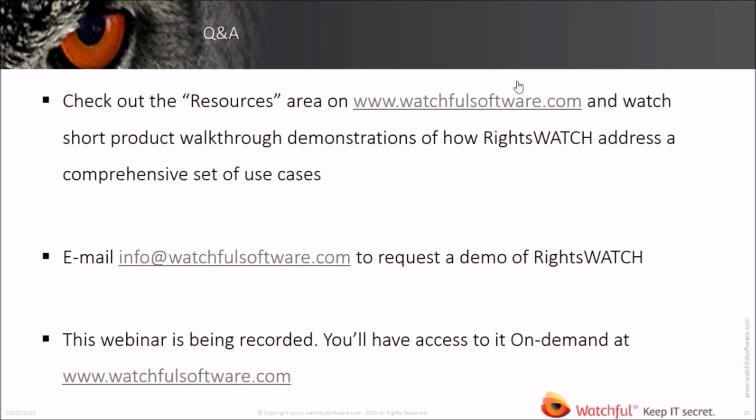So with RightsWatch on top of rights management, for iOS, Android, and even BlackBerry, you're able to read RMS protected email messages on your mobile phones, and even create RMS protected email messages. And as you can see in the animation on the right, there's an explanation of how to do that. You can read those RMS protected email messages, you can create them, you can even reply and forward, whether you're online or offline, it doesn't really matter, if you are entitled to do that, if you have the RMS right to do that.